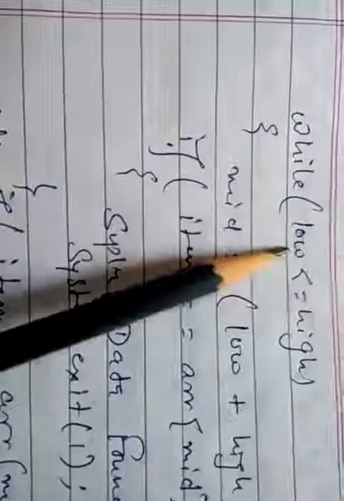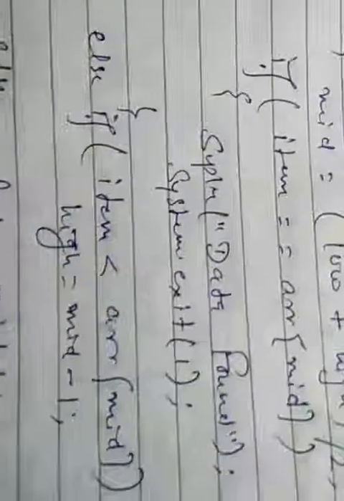Now the binary search. We require, in the binary search, to enter the search number in item, the low value will be 0, the high will be 49 and mid will be 0, because the size of the array is 50. The loop starts with while low is less than or equal to high. First we will calculate the middle value. If the item is equal to array of mid, then we will print that the data is found and the program will be terminated. But if the search item is less than array of mid, then high will be mid minus 1, otherwise low will be mid plus 1.